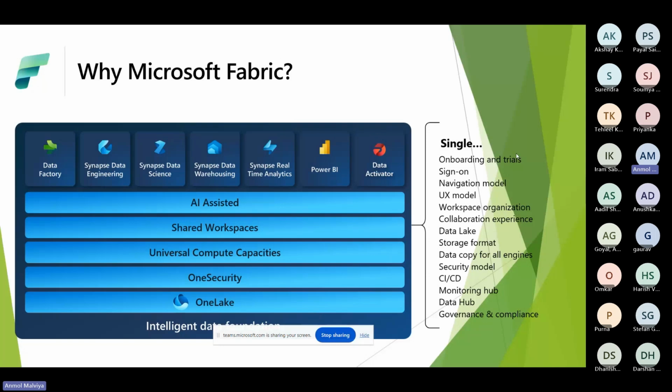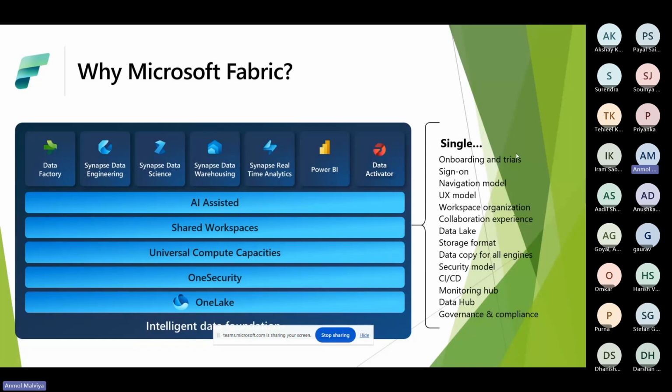All this technology already exists. We have access to it. So Fabric is not entirely new software. Many of its existing features, such as Synapse Data Engineering, data warehousing, and Power BI, already exist, but there are some other features like OneLake and One Security, or we can say Microsoft Purview, which are entirely new, and we are also going to discuss them further.